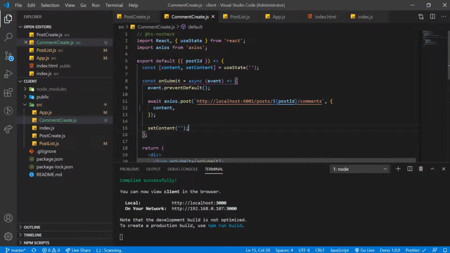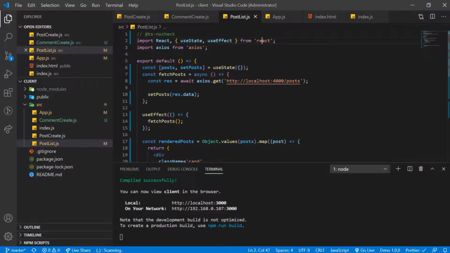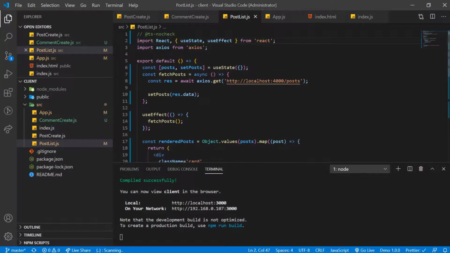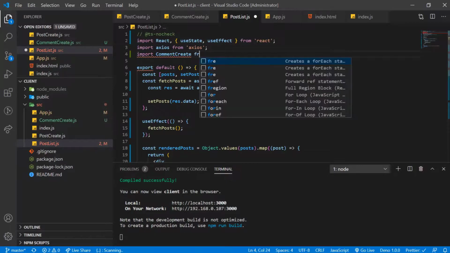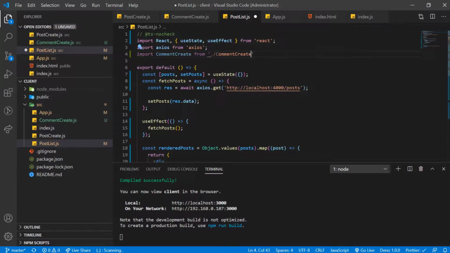Now we are done with the comment create component and we have to import it in our other component. Let's open the post create component. Here, firstly, let's import CommentCreate from commentCreate.